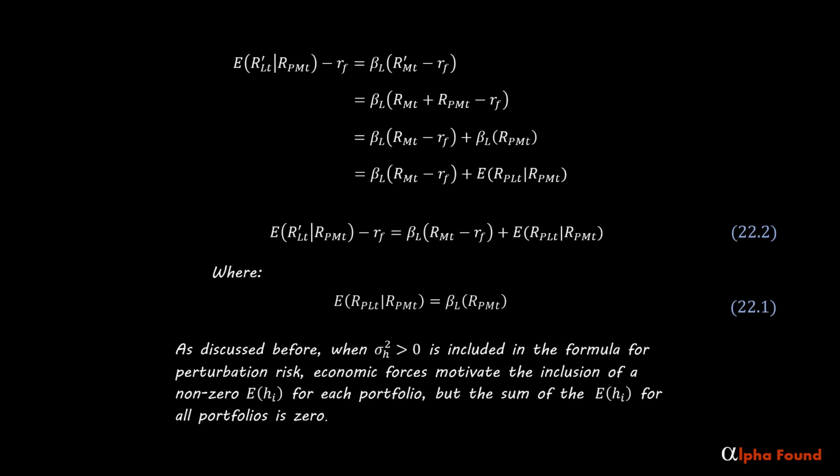As discussed before, when the variance of h is included in the formula for perturbation risk, economic forces motivate the inclusion of a non-zero expected h for each portfolio, but the sum of the expected h's for all portfolios is 0. A complete return expectation conditioned on the perturbations, whether 0 or non-zero, is